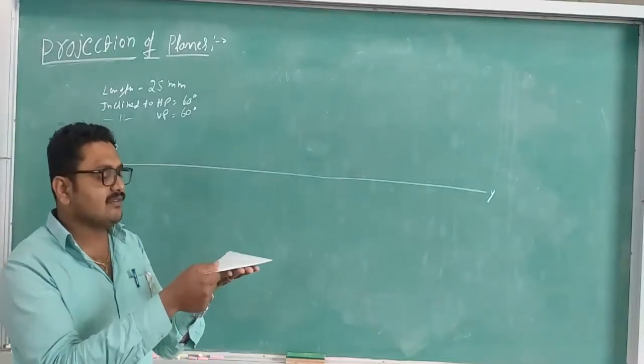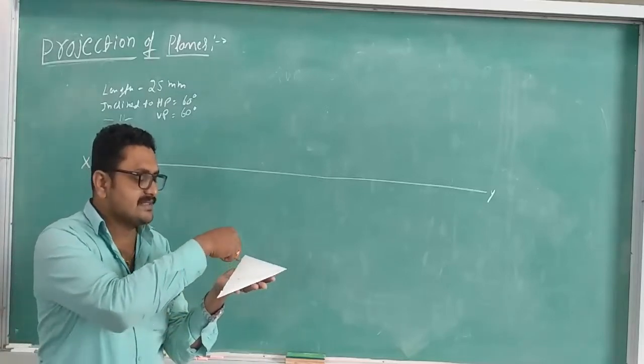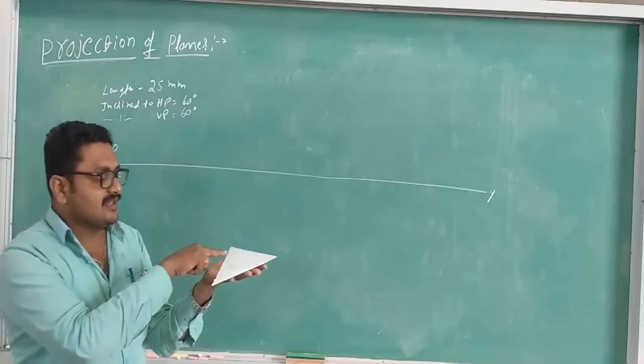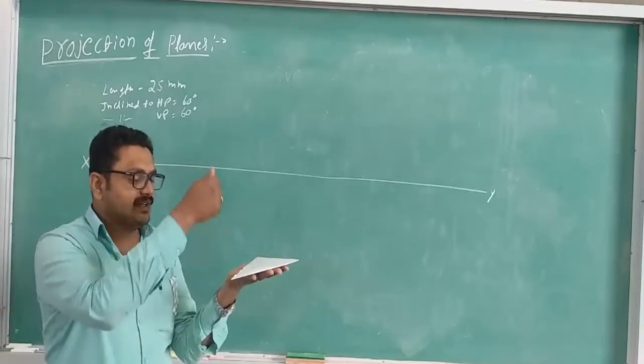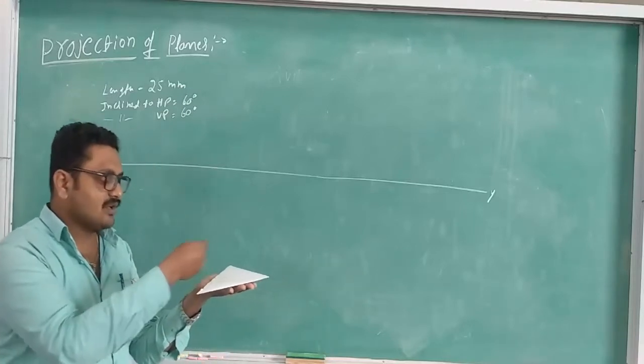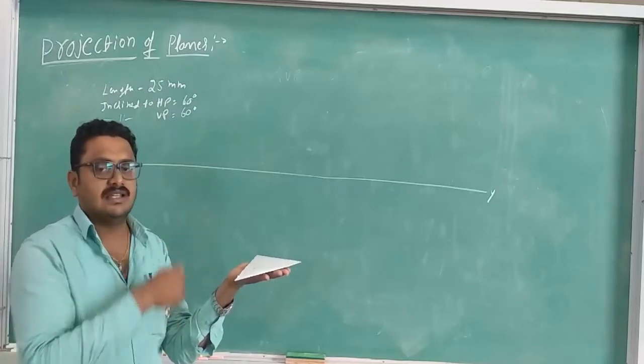When they give a side, we can keep the side on the left side. The main thing is that this edge should retain its position in the horizontal plane when we make the surface inclination in the next step. Normally we can take it on the left side or the right side, but for convenience we will take it on the left side.